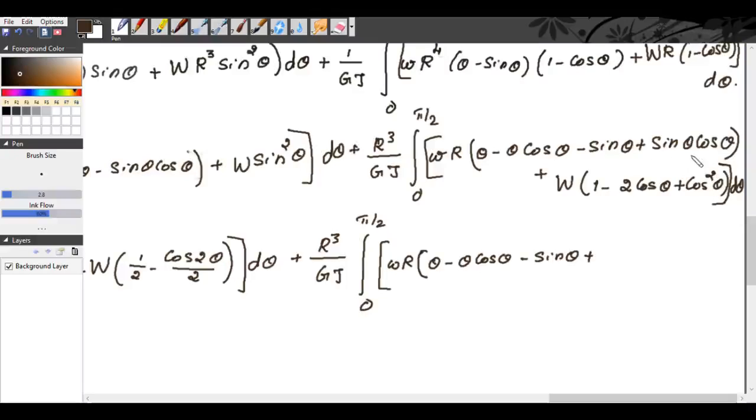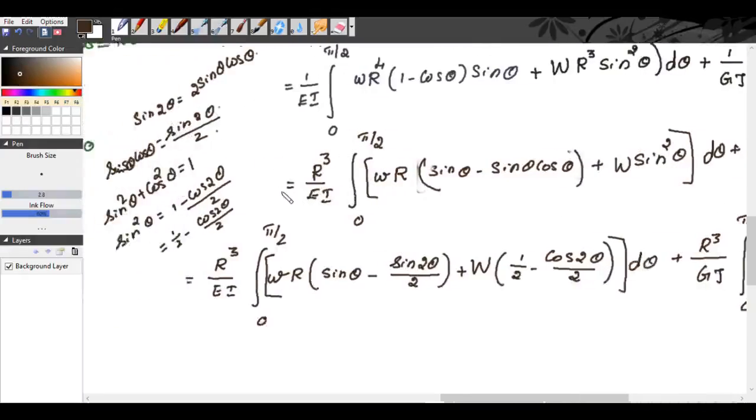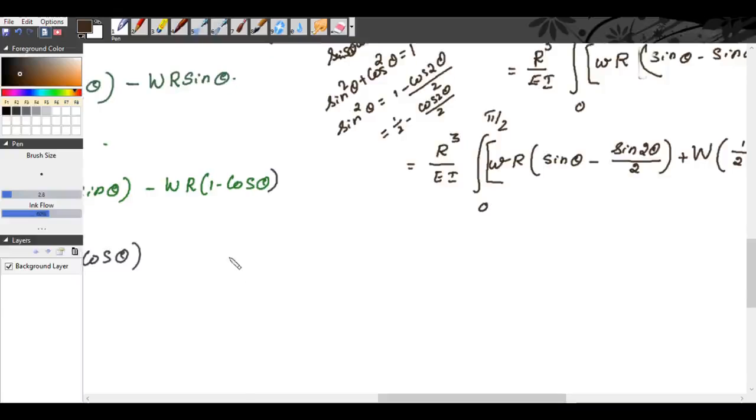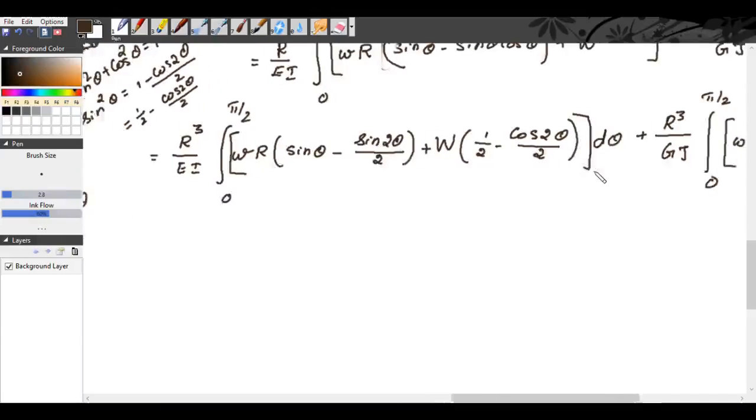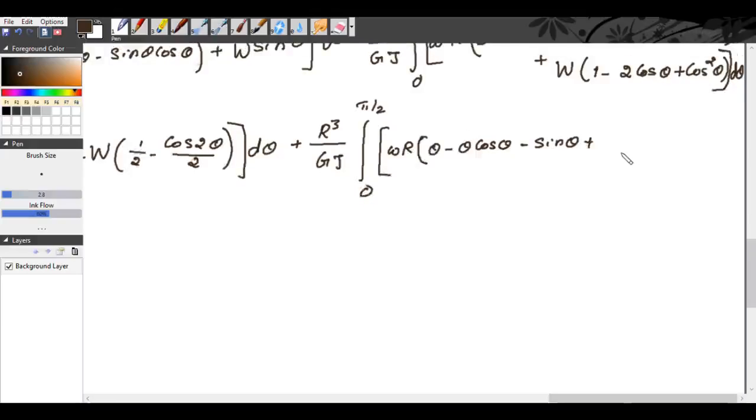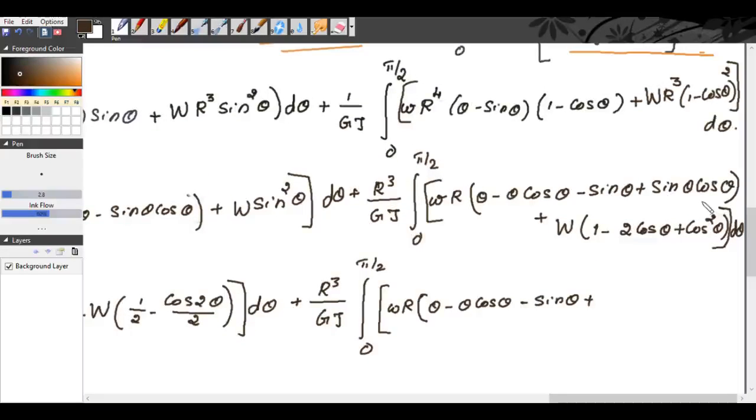So we know sin 2 theta is equal to 2 sin theta cos theta. That means sin theta cos theta is equal to sin 2 theta by 2. So we will replace sin theta cos theta with sin 2 theta by 2. So sin 2 theta by 2